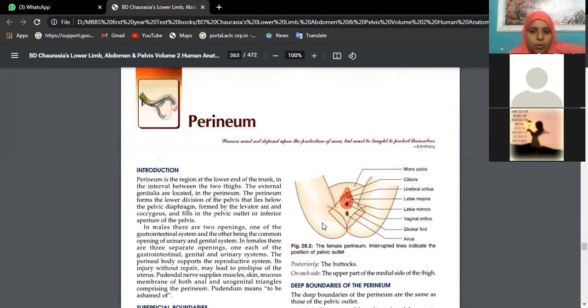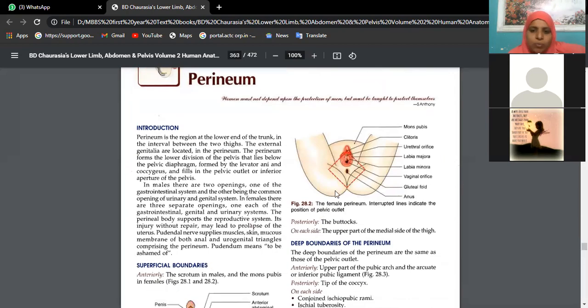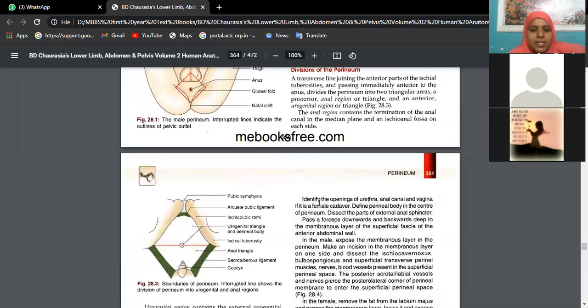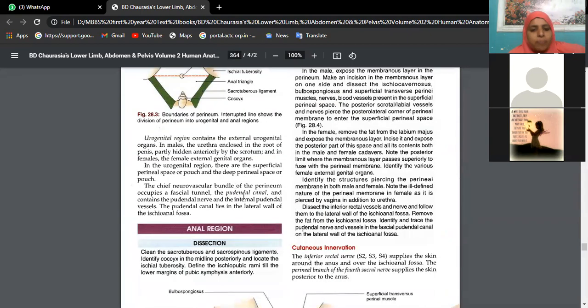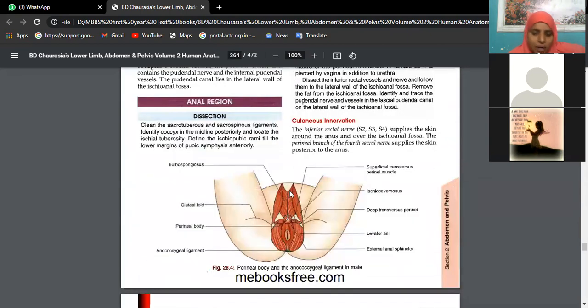If you do layer-wise dissection, once you remove the skin, you will come across certain muscles. See, this is the perineal body region. The anterior division of the perineum is the urogenital triangle, and the posterior division is the anal triangle. Now, once you remove the skin stepwise, as Meghana is trying to recollect, we come across the 10 muscles' interlacing point. That's what the perineal body is. Now let us see what those are.